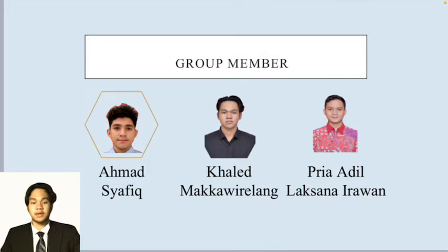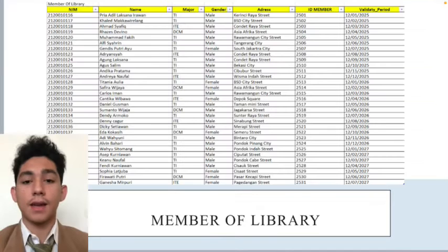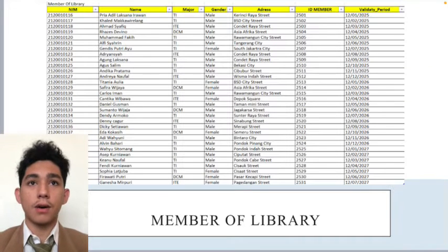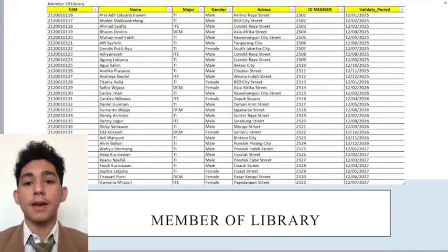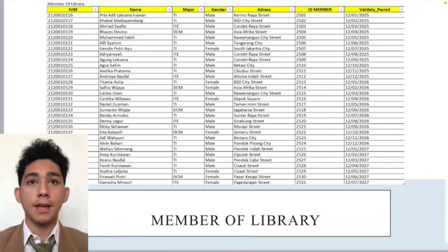We will present about University Library Analysis. In this slide, we talk about member of library. In member of library, there is name, major, gender, address, ID member, and validity period. For example, Priya Adil Laksana Irawan. Priya Adil Laksana Irawan has name